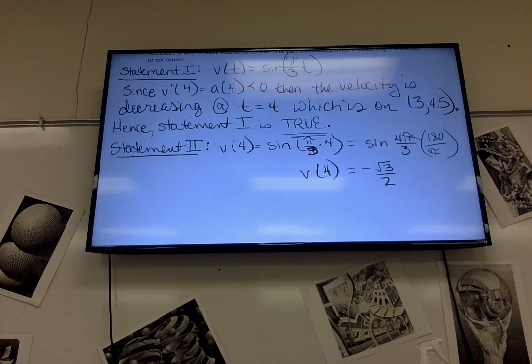So V of 4 is then less than 0. A of 4, we already found, was also less